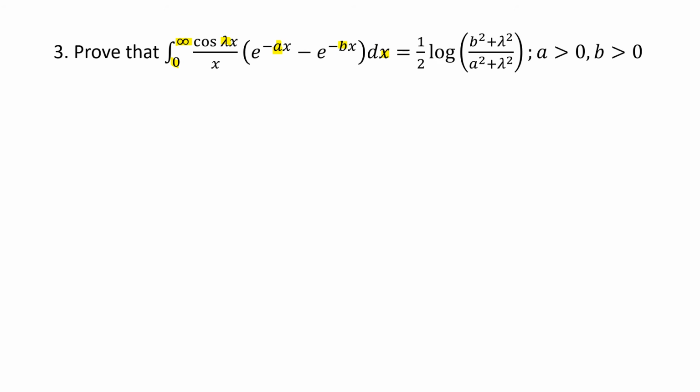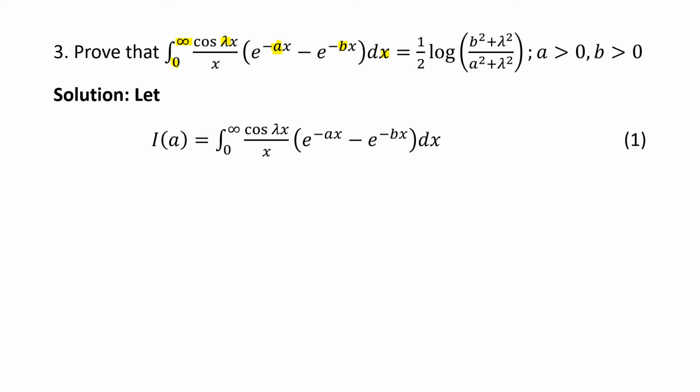So here if we put a equal to b, then this bracket value will be 0, hence the integral value will be 0. So we can form the initial condition easily for a. Similarly, if we check for b, if we put b equal to a, then also we get the integral value as 0. That means you can apply DUIS for a also or for b also. So by default I will choose a. Okay, so let's start. We will apply DUIS rule 1 for a.